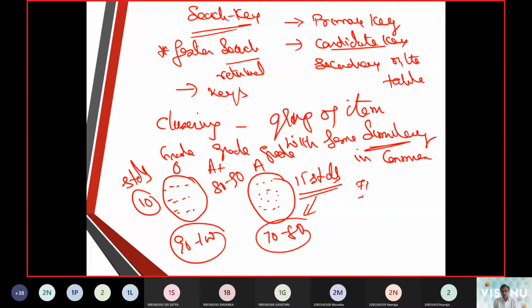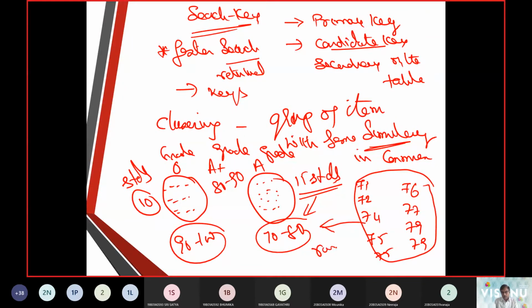Now I put the marks like this: 72, 72, 74, 75, 75, 76, 77, 79, 79. All these elements are in the range, and you can see all of them are sorted.